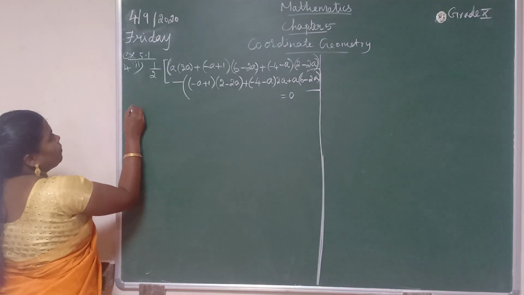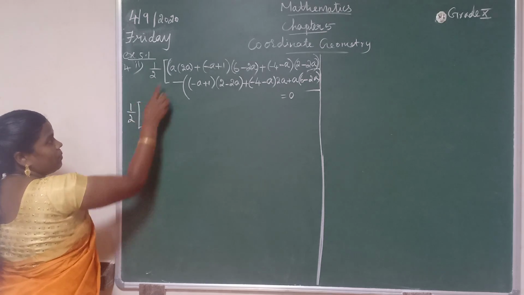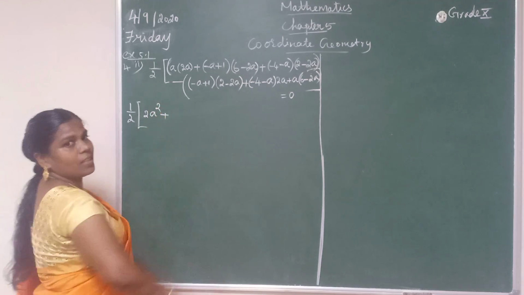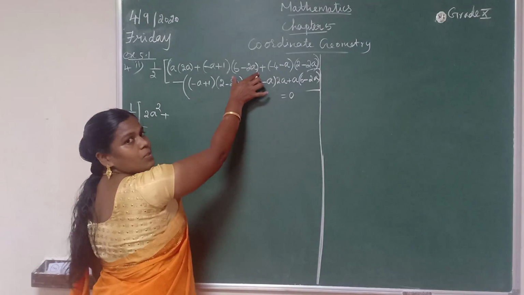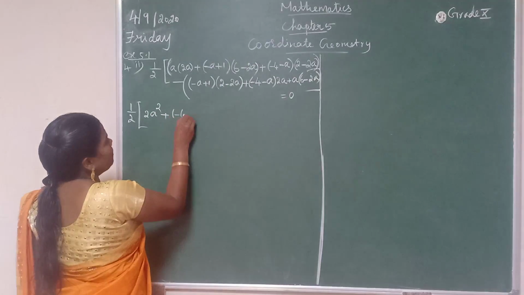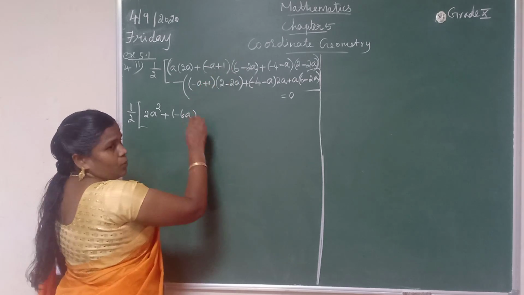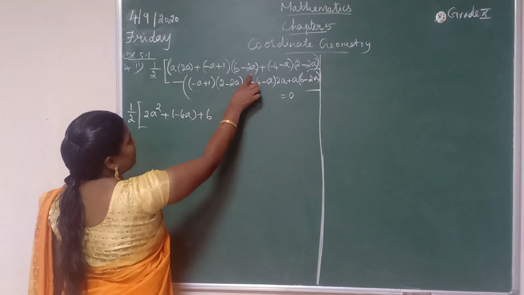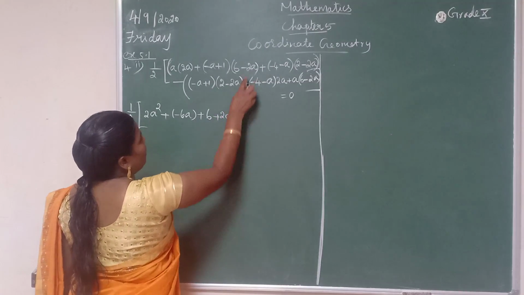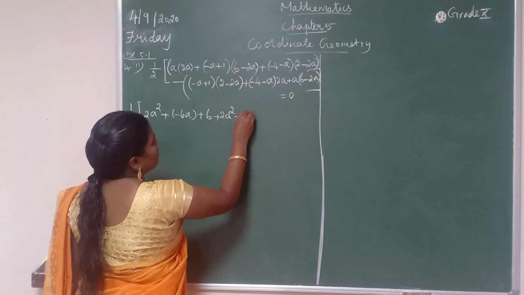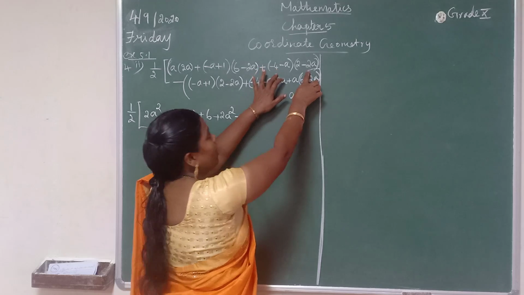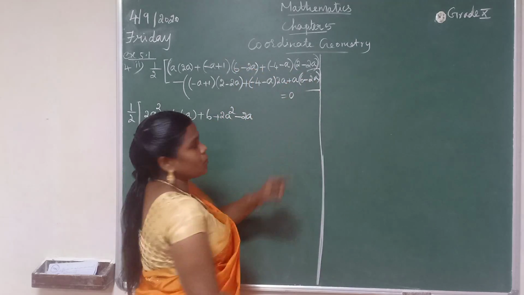That is 1 by 2 into, let's multiply a into 2a square plus, now this 2 term into this 2 term on the multiple. It is 6 into minus a, minus 6a, 6 into 1 plus 6, minus 2a into minus a plus 2a square, minus 2a into 1, minus 2a, this 2 term over. Same way next 2 term, let's multiply, that is minus 4 into 2, minus 8